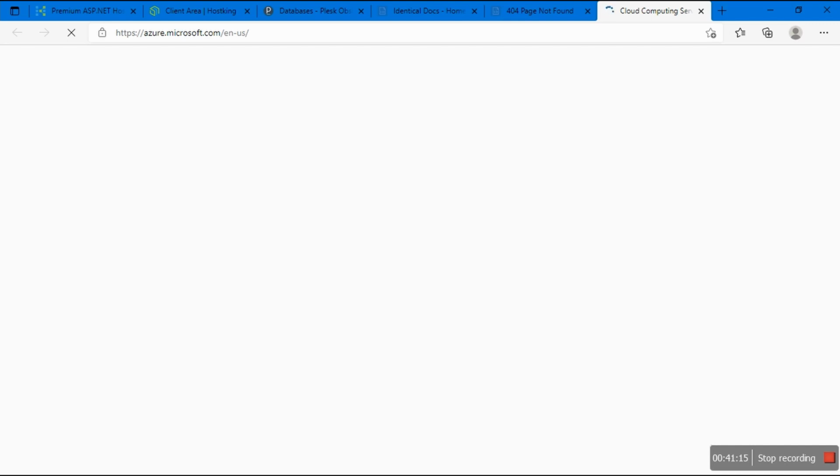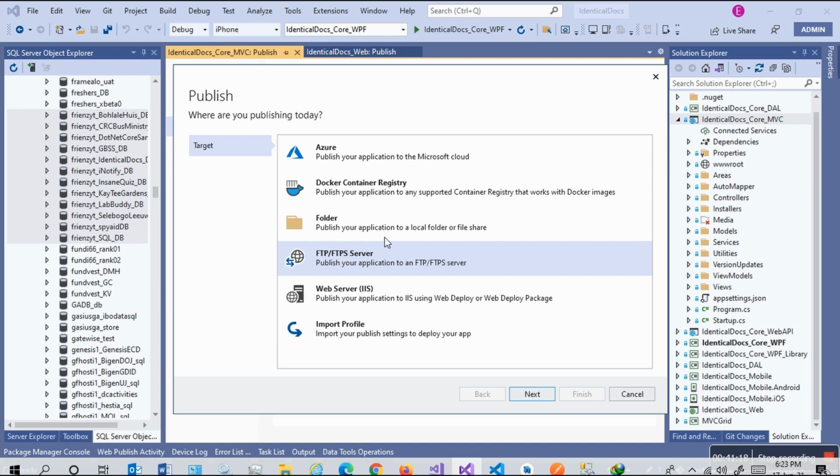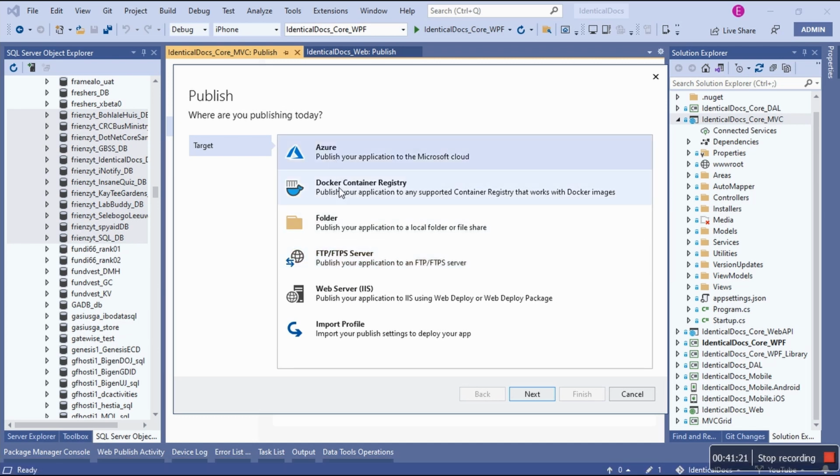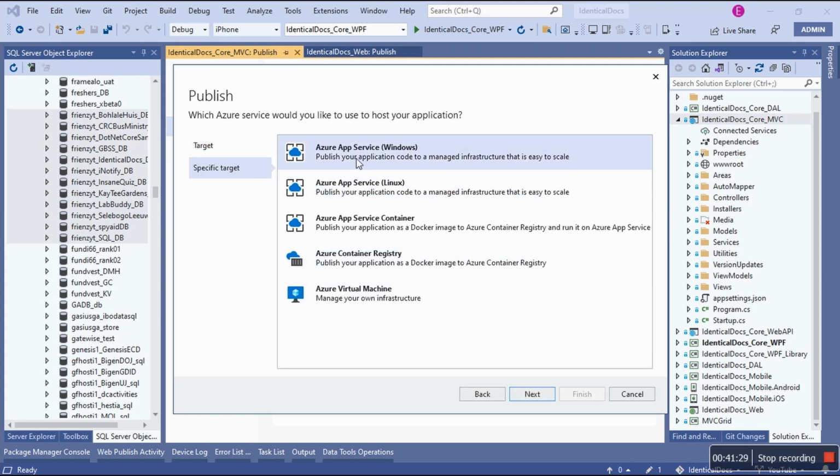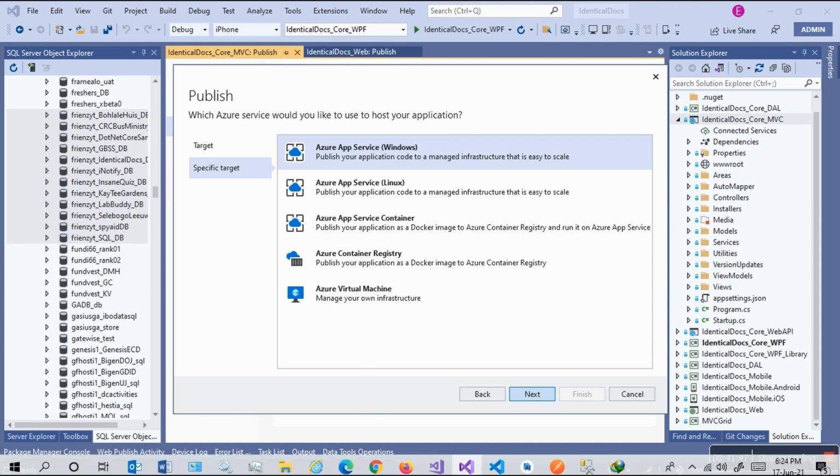While this is loading, Azure, this is where I want to go. I also want to go to Docker. I want to do stuff that is different, we are talking about new stuff. So I've done this before. I'll show you how. I've pushed my app, not this one, I was testing my app, to Azure App Service for Windows, and that's what I've played around with. So yes, I've done something like this on this very machine. So that's where I'm heading, leaving Hostkings. Come on, why are you slow?